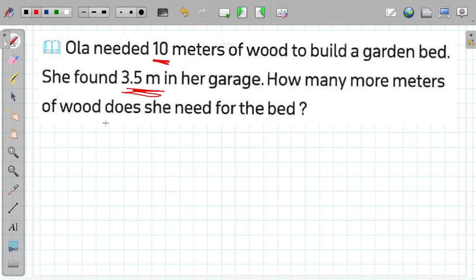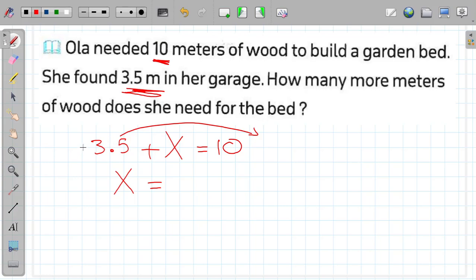So 10 is the total number and 3.5 is a part number. Okay, so the remaining is also a part number, so I can say the total equals 10. So I have two numbers. The first is what she found, so it will be 3.5, and the next number is what she needs, so I will replace it with x. So I want to find the value of x, so it will be x equals, I will send 3.5 to the other side with inverse operation, so it will be here addition, so I will send it with subtraction operation. So I will write 10 minus 3.5, so it will be 6.5. Okay,